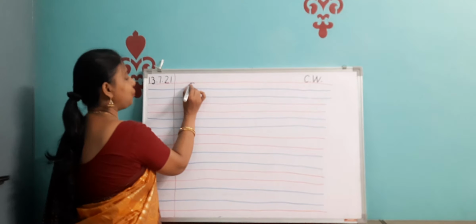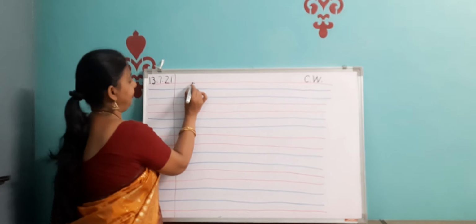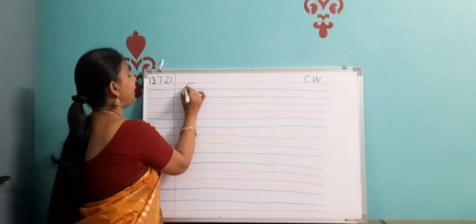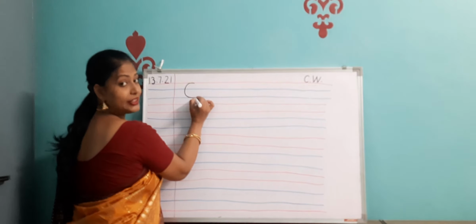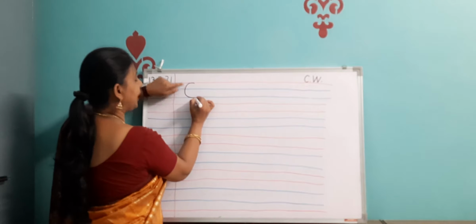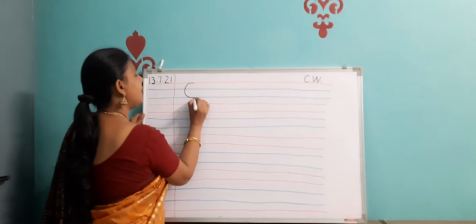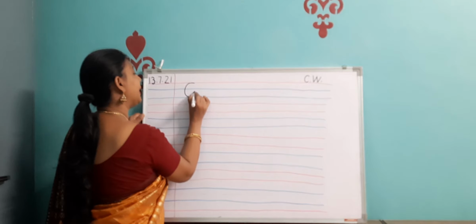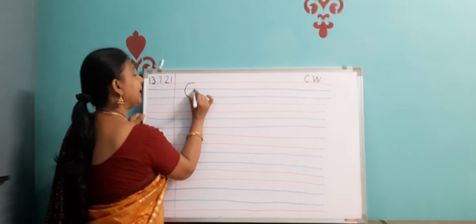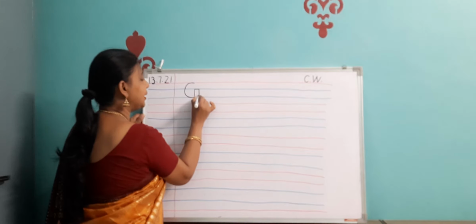You have already learned the strokes, children. I have already taught you the strokes. Yes, we'll use those strokes to write the alphabets. Okay. So we'll write a semicircle. Okay, we have learned how to write a semicircle within the line. Yes, and C also we write like this. You have learned to write C within the 3 lines. So you'll make a C like this. Then from here till the 3rd line you'll make, okay, a semicircle. Then from here you'll go up, make a standing line like this. Then on till the 2nd line you will go, okay. Then on the 2nd line you'll make a small sleeping line, and then again come back to the 3rd line.